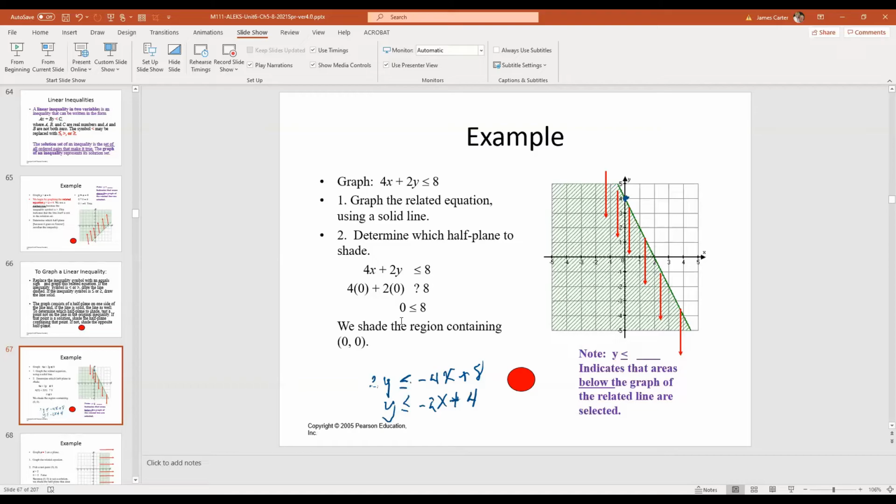Now, this is the test method right here. They chose the point (0, 0) to test. X is 0, y is 0. They used the original equation. 4 times 0 is 0, 2 times 0 is 0. Is 0 less than or equal to 8? Well, yes, it is. So that means this origin right here,